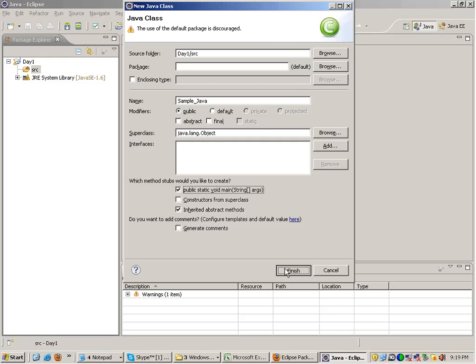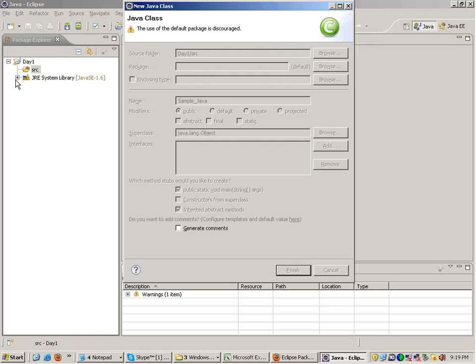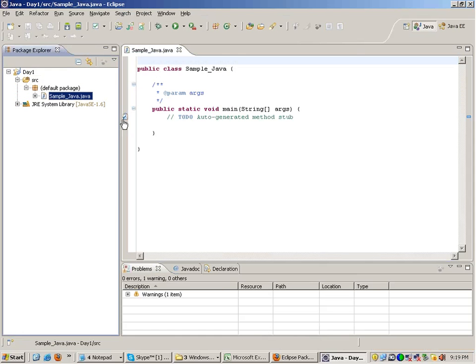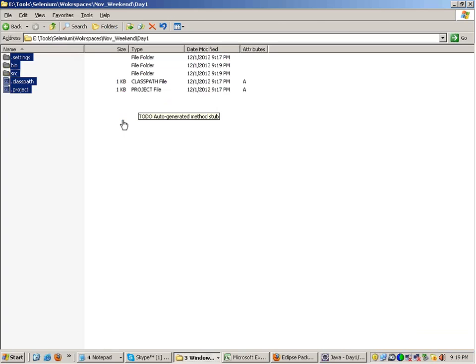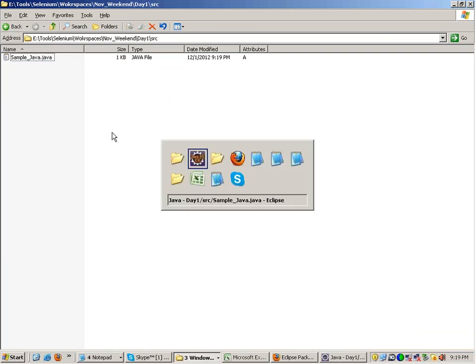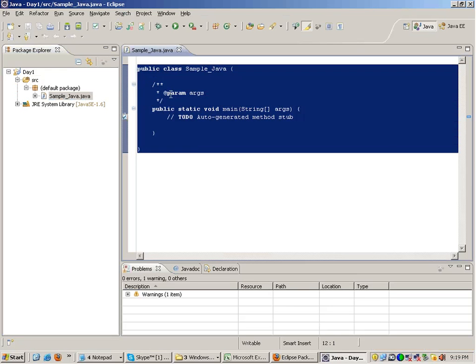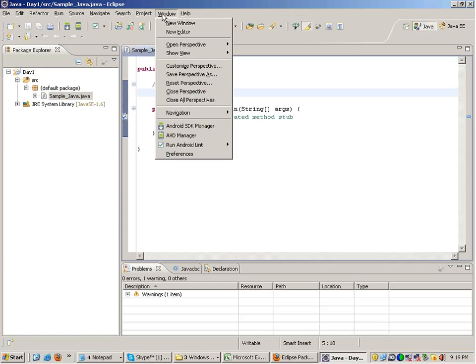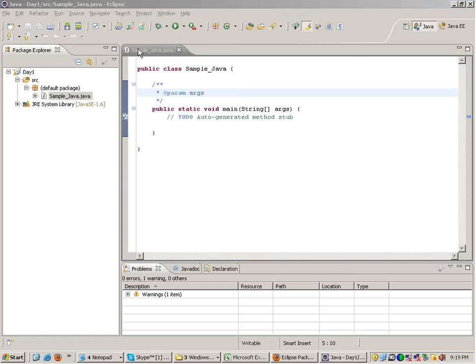When you finish it, you will have this file generated inside the source folder. In Eclipse it would look something like this. The size of the font is very small. I'll just increase the size of the font. Hold on.